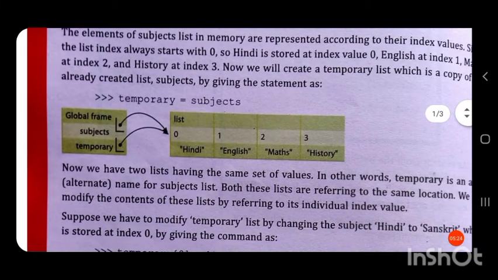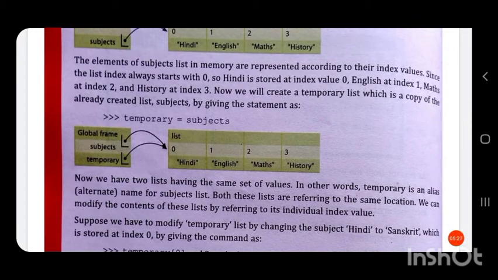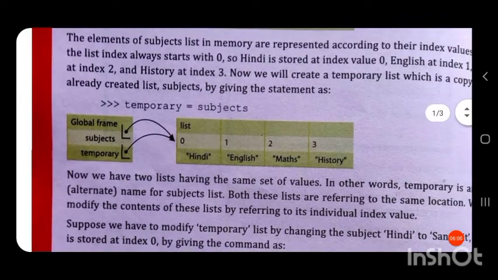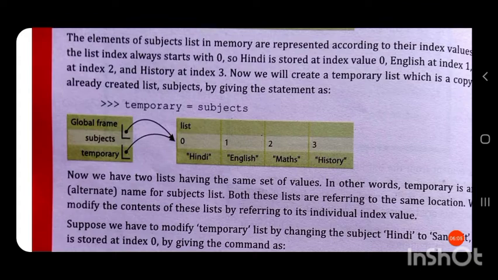Now we have two lists having the same set of values. In other words, temporary is an alias name for the subjects list, because both are pointing to the same memory location where the list is stored.